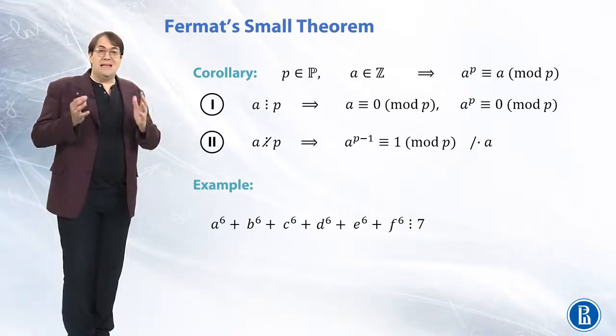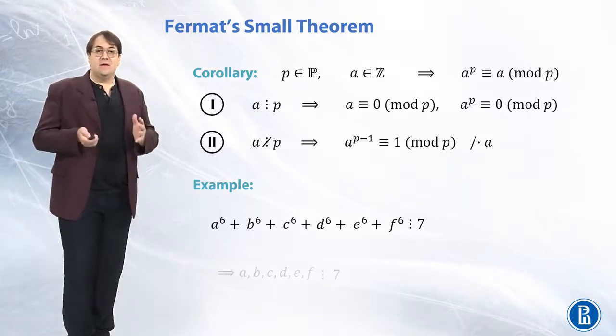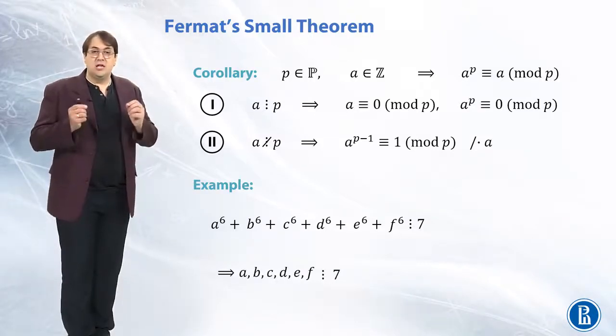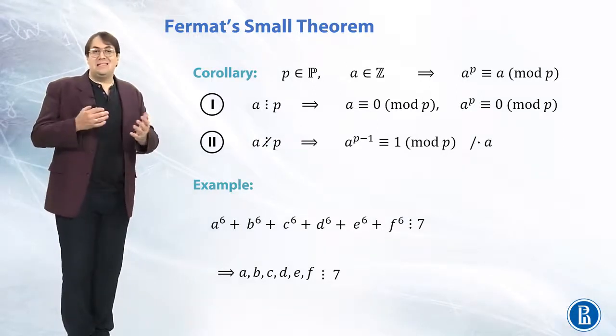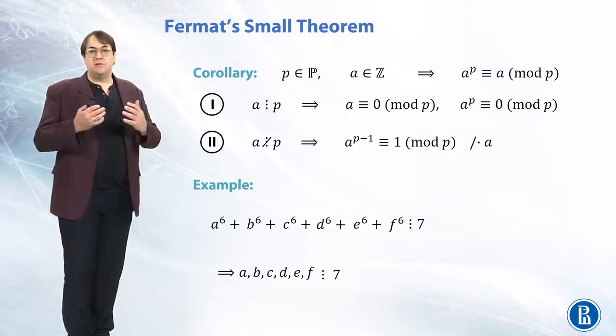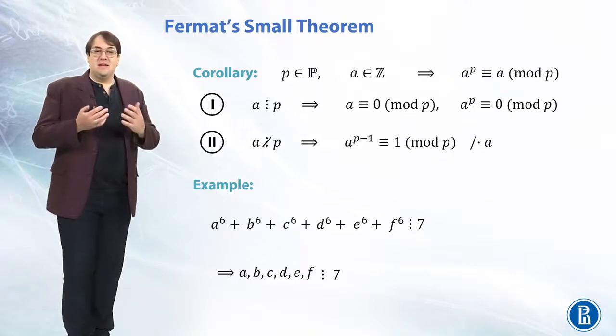It is amazing that in this case we can really state that all these integers should be divisible by 7. Well, it's amazing if we're not used to Fermat's small theorem, but now we understand that